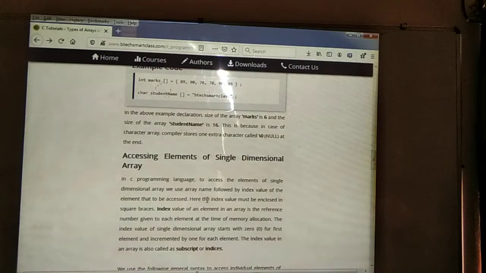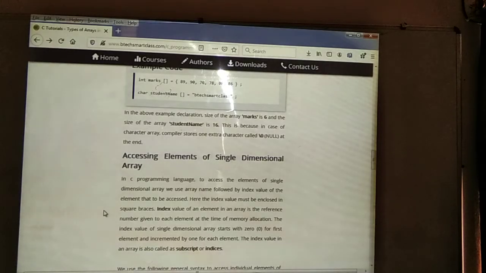Means by using the index value of the element we are going to be accessing. Here the index values must be enclosed in square brackets. Means whenever we are going to be declaring the indexing numbers, we need to use which symbol? Square brackets we are going to be using. The index value of an element in an array is the reference number given to each element. Means here we are going to be giving some reference number to each element at the time of memory allocation.